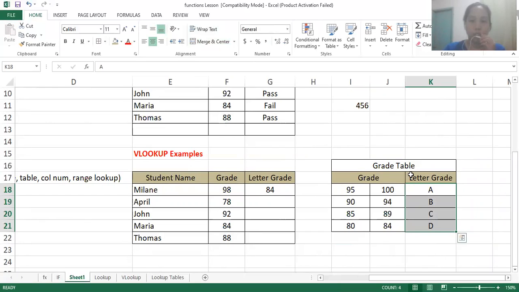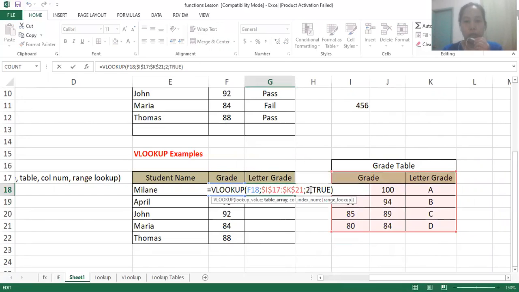So we have changed our table, and it now has three columns. So 95 to 100, 90 to 94, 85 to 89, 80 to 84. We're going to change also the column number here in our example because the letter grade now belongs to the third column. So 1, 2, 3.